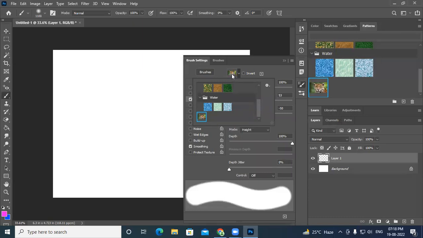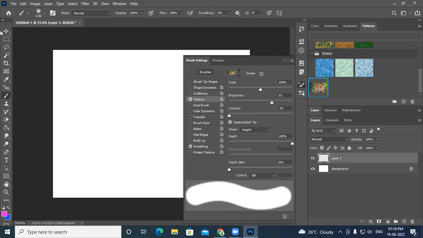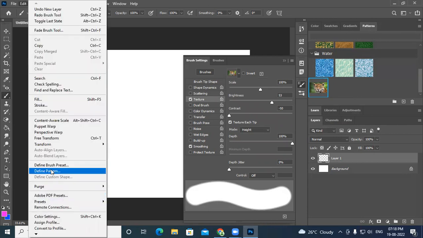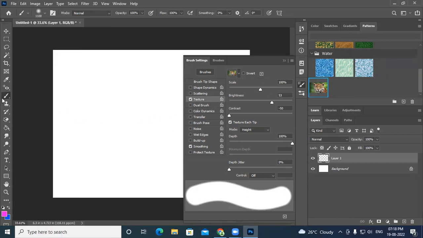Clear? Is there any doubts? No. So now I added cheetah here. Whatever I added into the pattern from the Edit menu, Define Pattern. I opened one of the images and I selected that as a define pattern from the Edit menu. Then I am using that with the help of the brush tool. In the brush tool options, activate the texture and select cheetah from here. Clear now? Clear. So once it is done, here you can adjust the scale value,